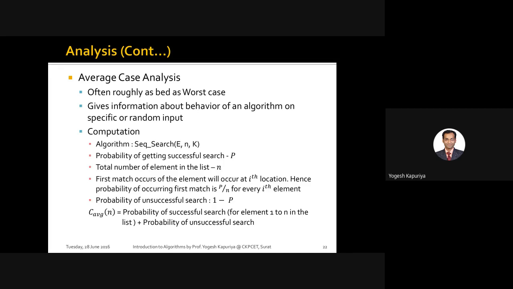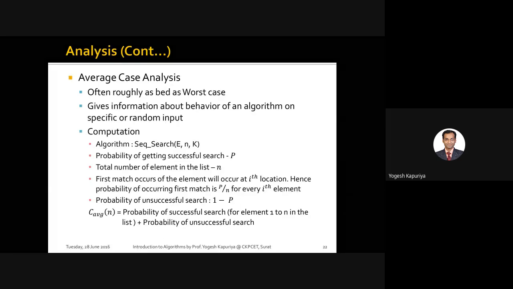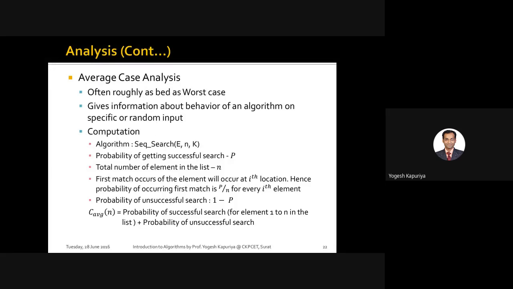But most of the time, as I told you, people always perform the worst case analysis. For specific problems and specific requirements only, we try to compute the average case, because technically the average case is often roughly as bad as the worst case, because average means you can't compute exactly. This is an estimate.